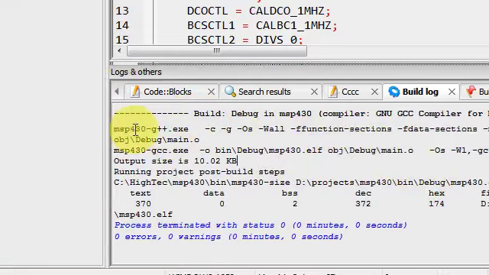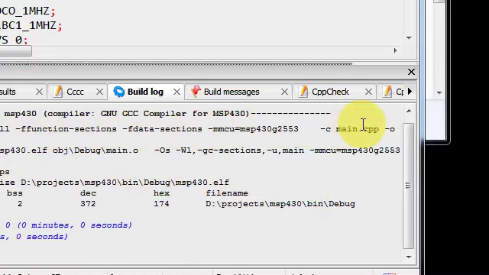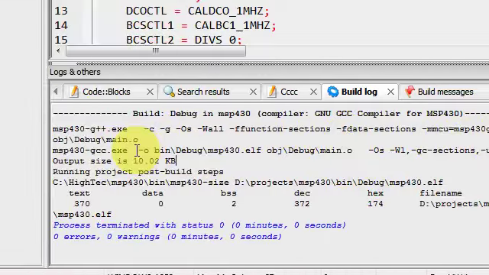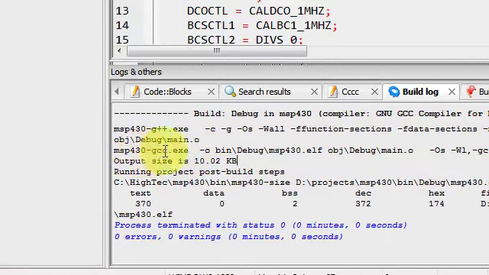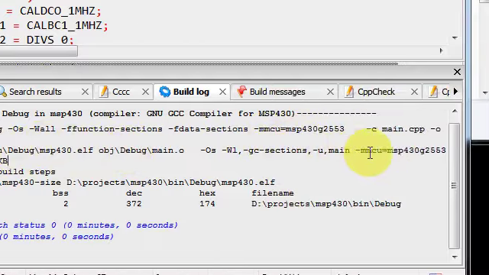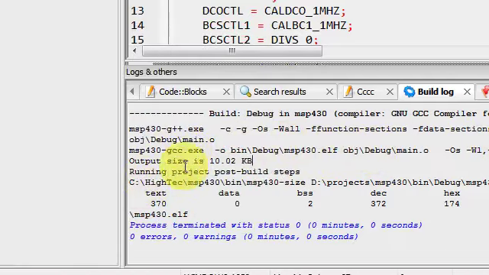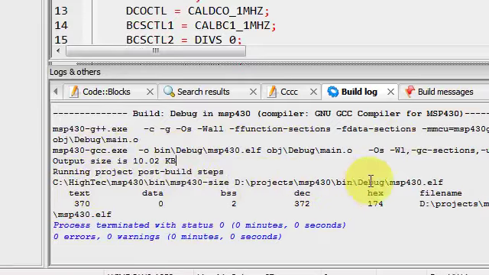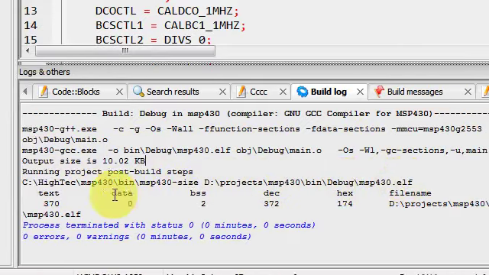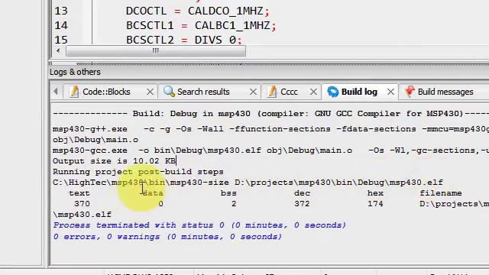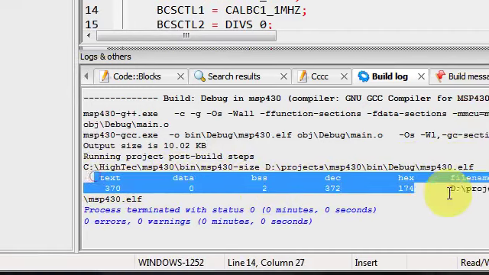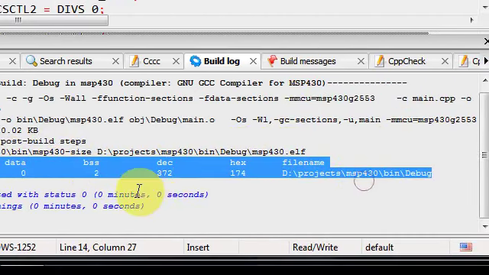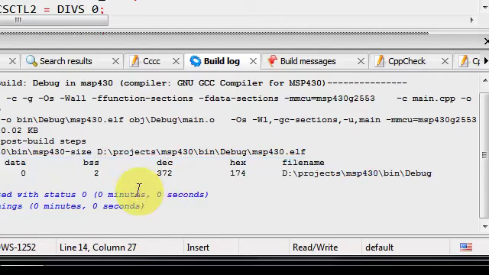We're going through our G++, compiling down to an object, and then taking our object files and running them through GCC as the linker. And then once that is finished, we're taking our resultant ELF file and passing it to MSP430-size, which gives us all these useful statistics down here. And well, for now I guess that's all I have for this, but